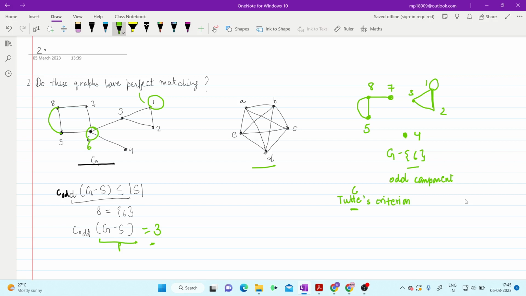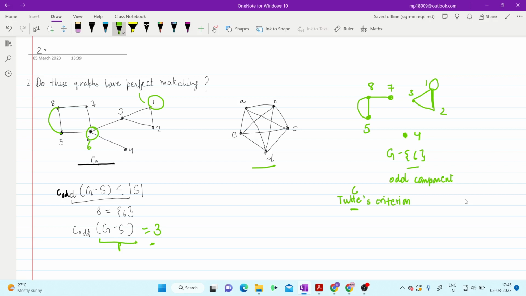Basically, if we remove 6, we get 3 odd components. Now if we want to construct a perfect matching,